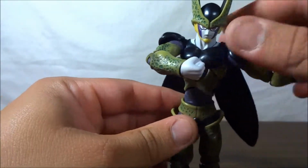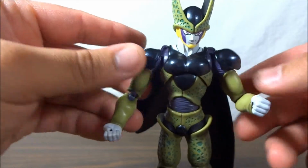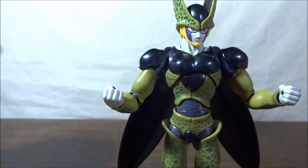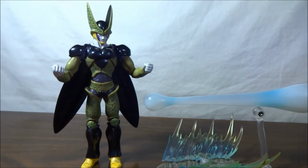If I were you, I would pick it up before they go up in price, because they are starting to go up. I mean, I was able to pick up this figure for about, I don't know, I think $50, which is a pretty okay price for them. That's what he usually retailed at. I mean, even when it comes with the blast effect, you can't go wrong with that. They're starting to come with a lot more. Before it was just a figure by itself. Now they're coming with effects and things like that. I will be posting pictures up at the end of the video to show you guys